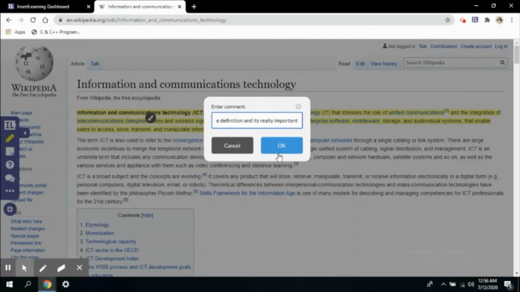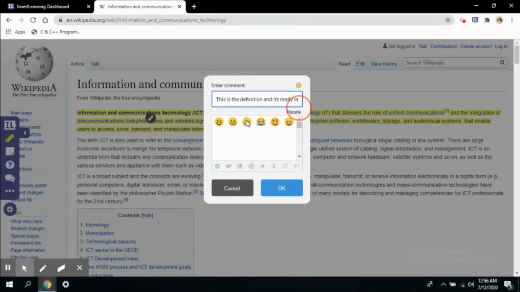Also you can add some smileys if you want to. Let's add a smiley here, or you can add anything from a lot of emoji keyboard options available here. All right, so let's click OK.